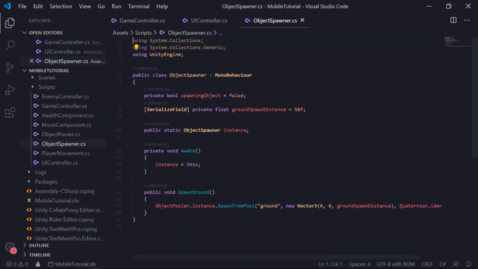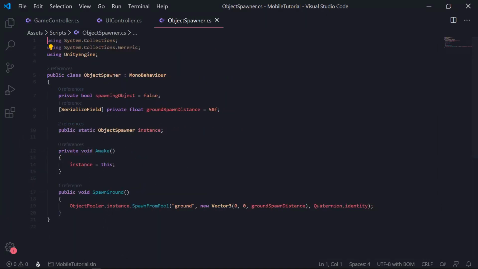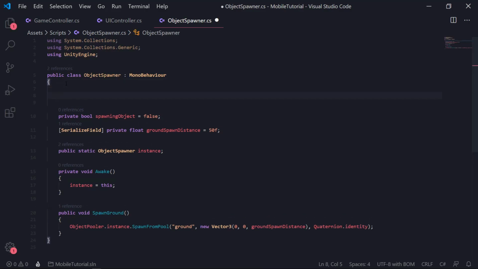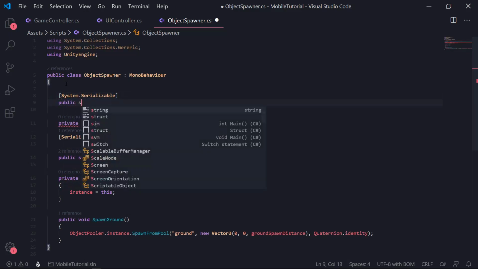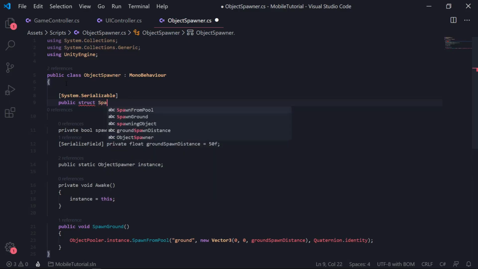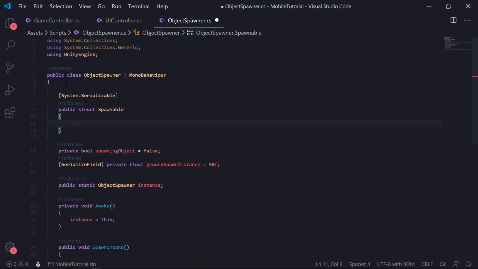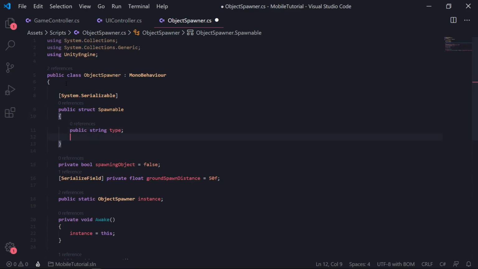The next thing we need to do is update our object spawner, because we want to actually be able to spawn our enemies. And I'm going to use a couple of structs to help structure this inside of our editor. So if we type in System.Serializable, and then we can type in public struct, and this can be our Spawnable struct, and we want a public string of type, so the type of spawnable, and we want a public float of